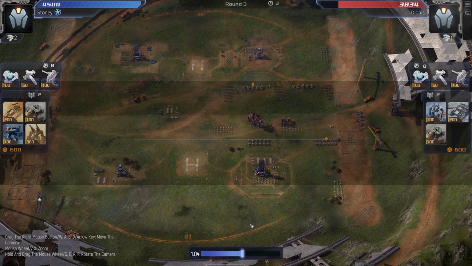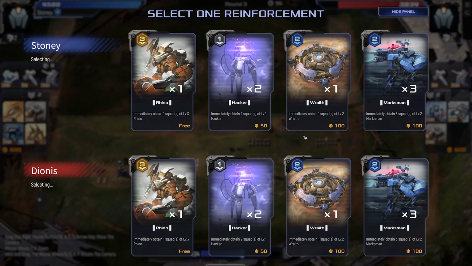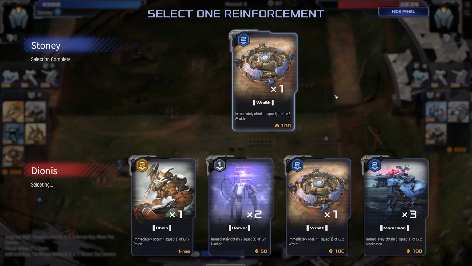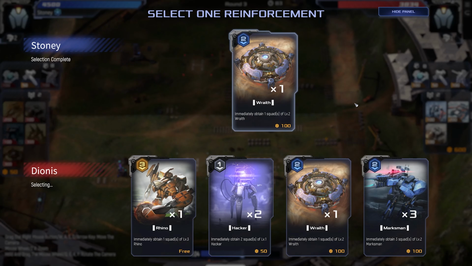Okay, and that is round 2, and now going to round 3. A lot of interesting units here. I think the Wraith is probably the best. Right now, my opponent has 0, with the exception of those fangs, but those fangs don't really do anything to the Wraith. Has no real anti-air,